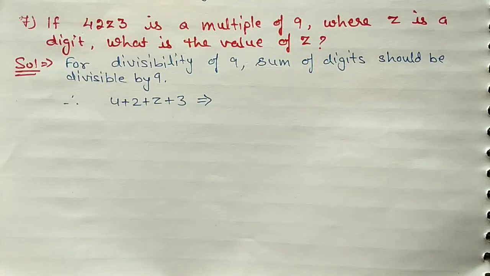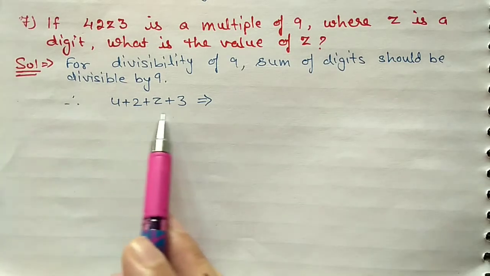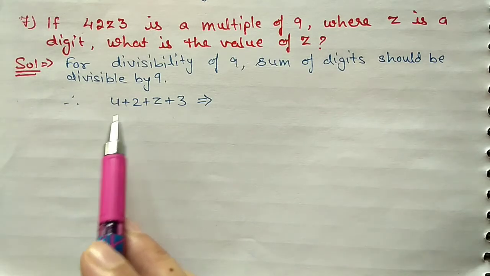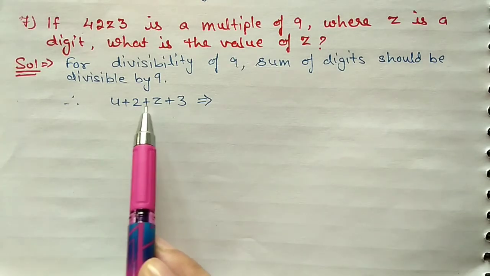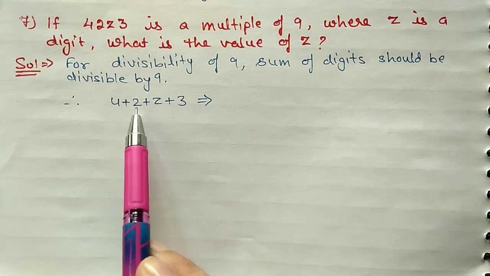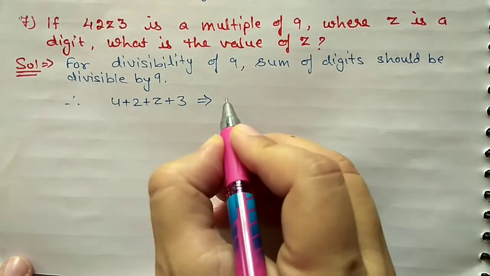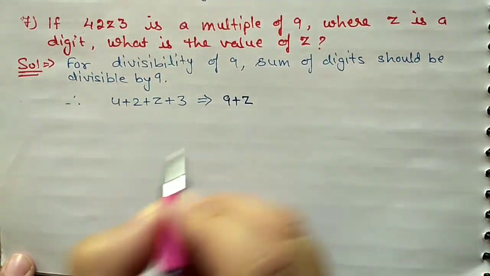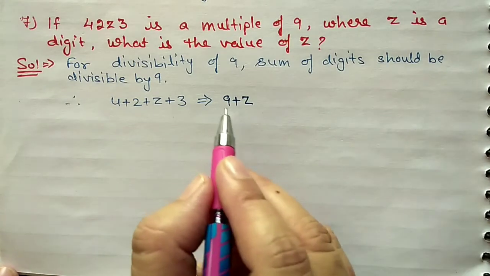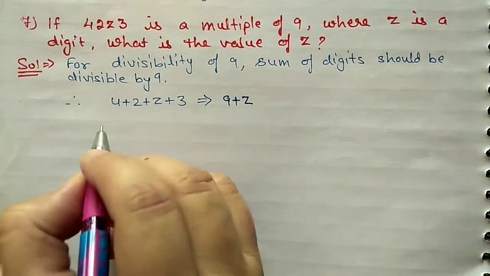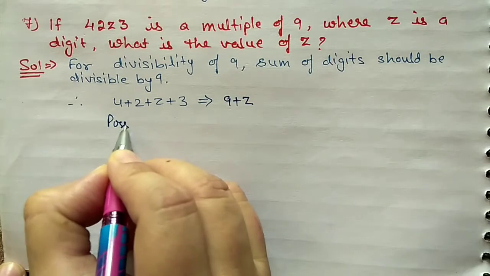Next question number 7. If 4 2 z 3 is a multiple of 9 where z is a digit, what is the value of z? So here we will check the divisibility of 9. 9 also same rule, we have to add all the digits and this sum should come in 9 table. So first we will add 4, 2, z and 3. 4, 2, 6 and plus 3, 9. It will come 9 plus z. So sum is coming 9 plus z and this sum should come in 9 table. So possible value will be